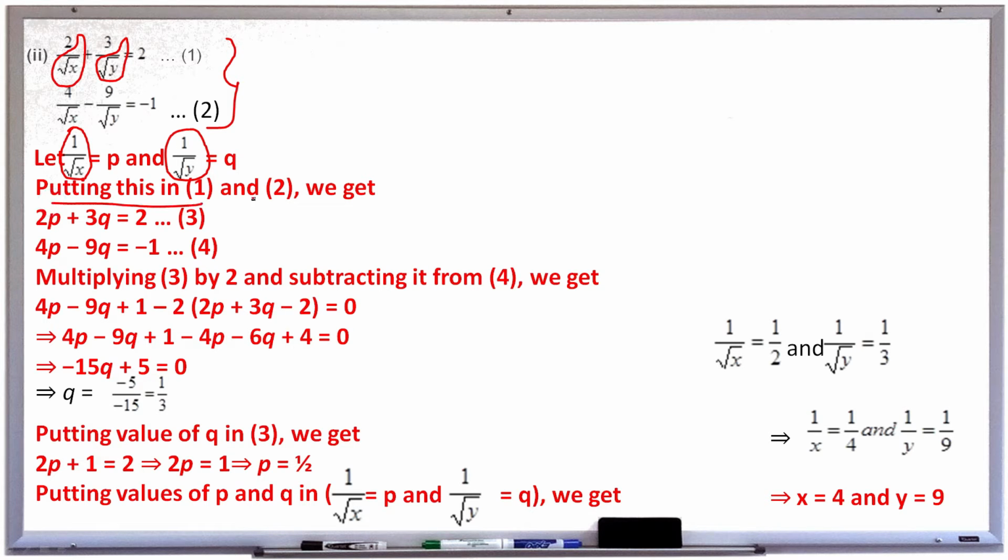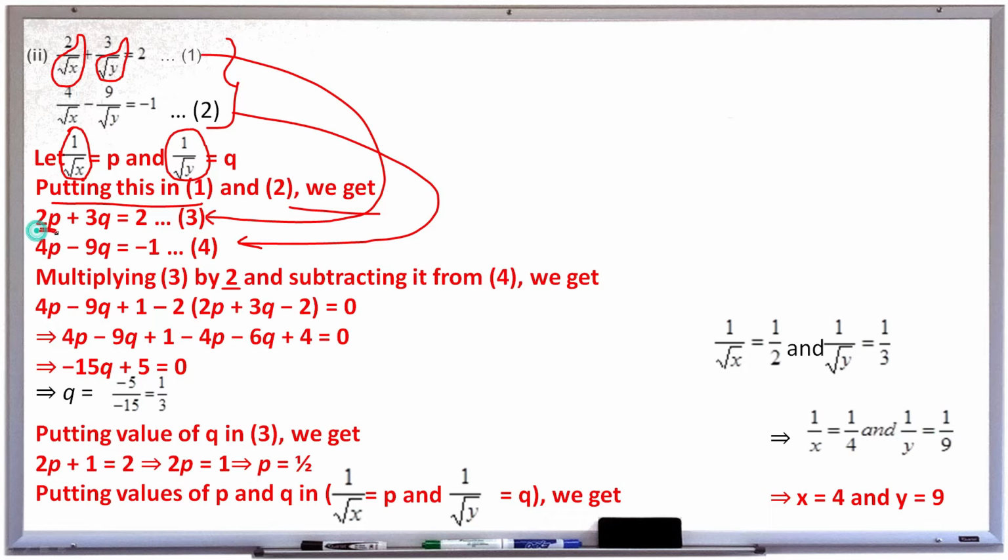Putting this value in equation number 1 and 2, equation number 1 will become 2p plus 3q is equal to 2. Equation number 2 will become 4p minus 9q is equal to minus 1. Actually what we are doing here is reducing the terms, so that we get the linear equation in standard form. Now multiplying equation number 3 by 2,